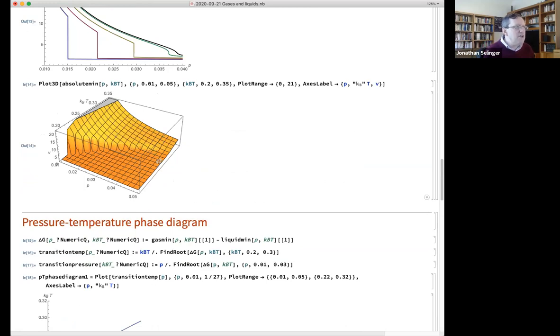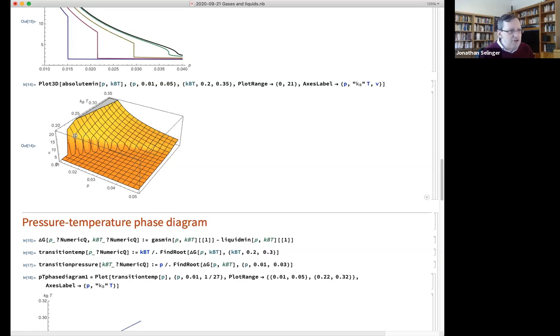And so we can see that at high pressures and low temperatures, there's this low volume phase, a high density phase. That's the liquid. At low pressures and high temperatures, there's this high volume, low density phase. That's the gas. Right? And then there's a borderline between them where there's a big jump in the density between